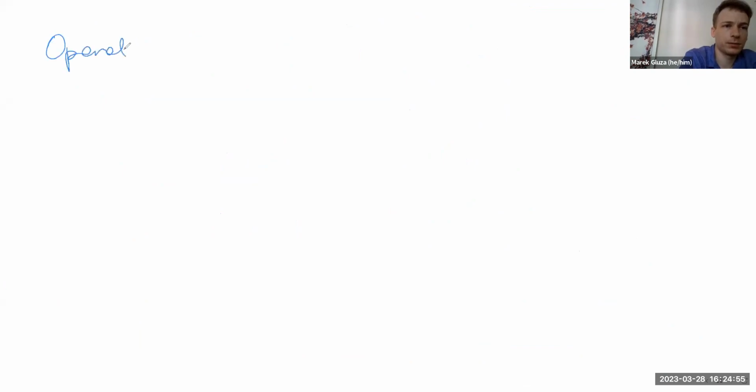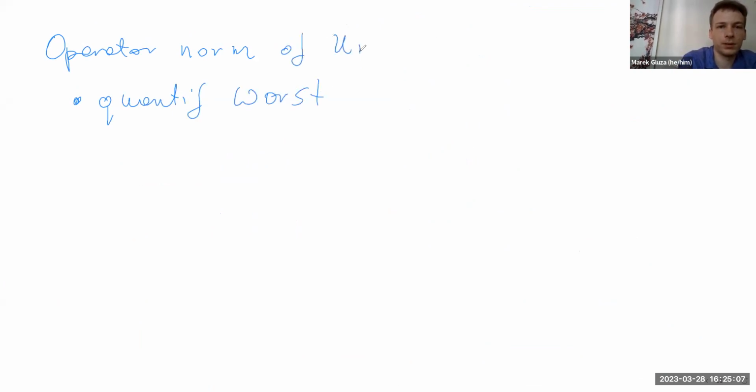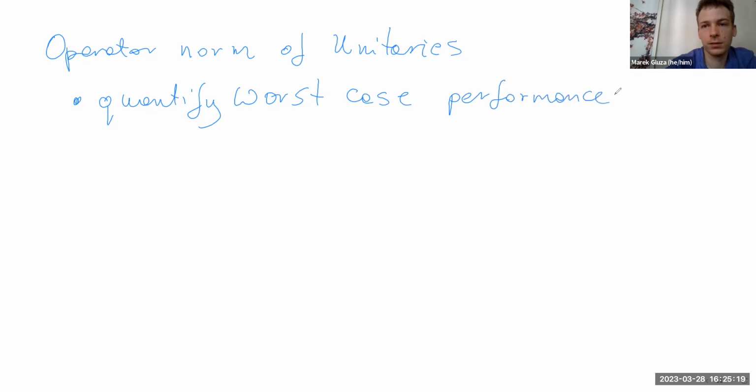Operator norm: quantify the worst case performance of the unitary implementation versus the ideal. Okay,